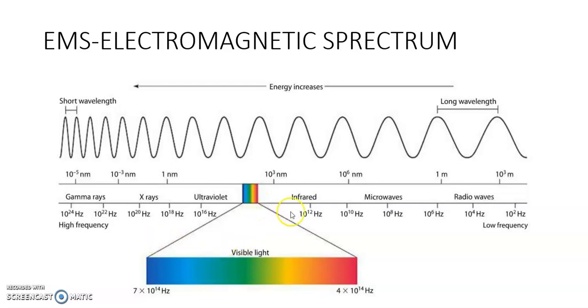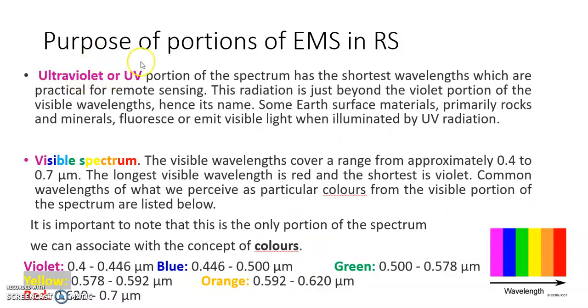Then we go to the infrared band. The infrared band goes from 0.7 to nearly 14 microns. And then we even make use of microwaves. They have wavelengths in the range of 0.1 up to even 30 centimeters. Okay, so these are the bands which will actually be used for remote sensing. We will understand the significance of each band and also why certain bands are not being used. Okay, so the next slide is talking about various portions.